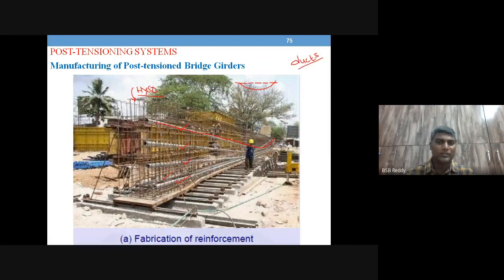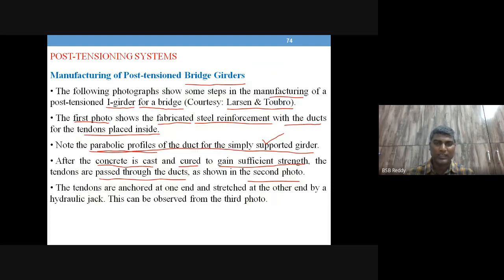That is the second photograph: concrete is cast, cured, it has sufficient strength, and the tendons are passed through the ducts. Then the third photograph: tendons are anchored at one end and stretched at the other end